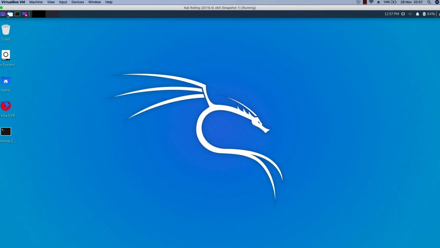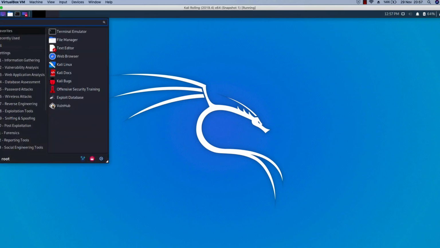Okay? So anything missing? Maybe we haven't seen this, which minimizes all, like on Windows. We can see this is the terminal, and I believe we have skipped the search feature over here. Actually, we have seen it, but we haven't seen the icons at the right-hand side. For example, we have the lock screen and logout function again, but we haven't clicked on the all settings button,